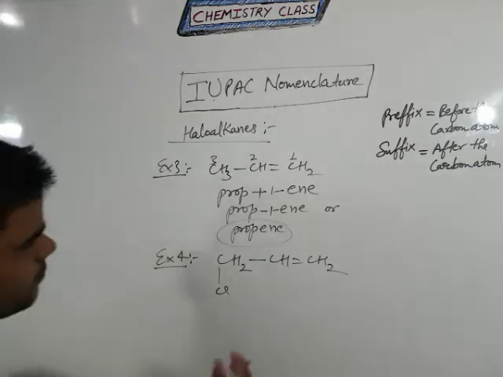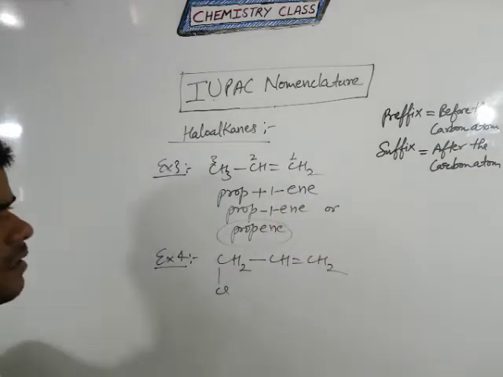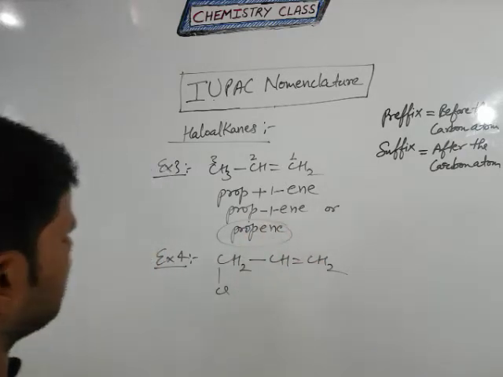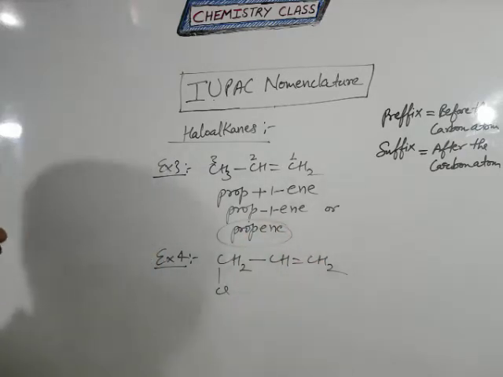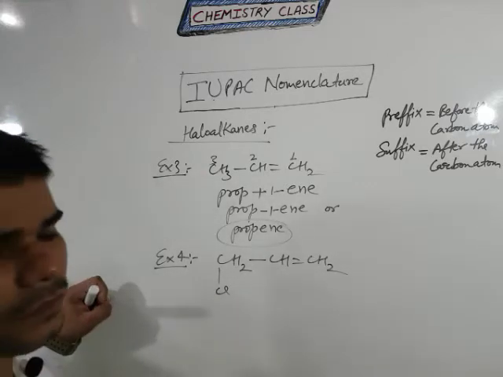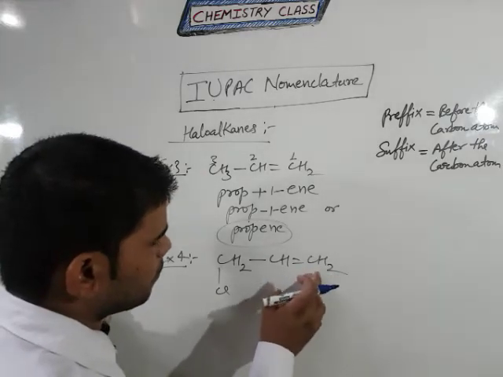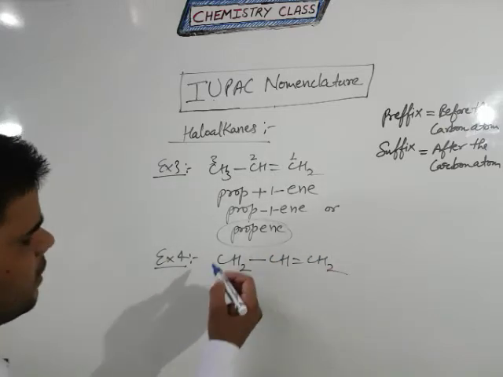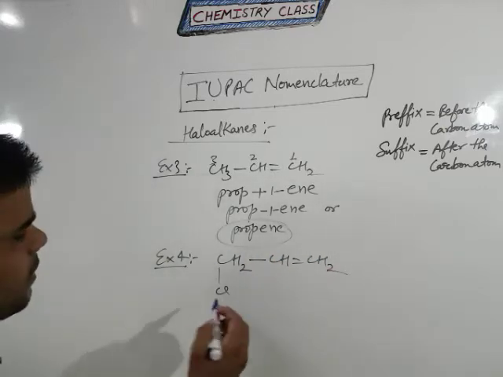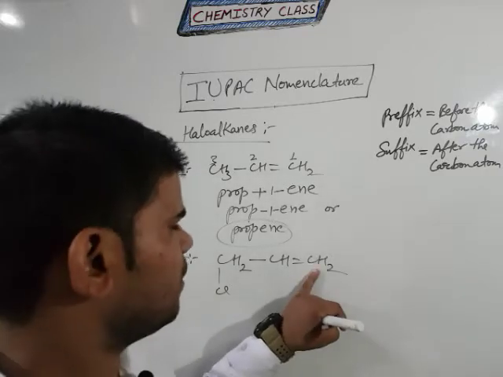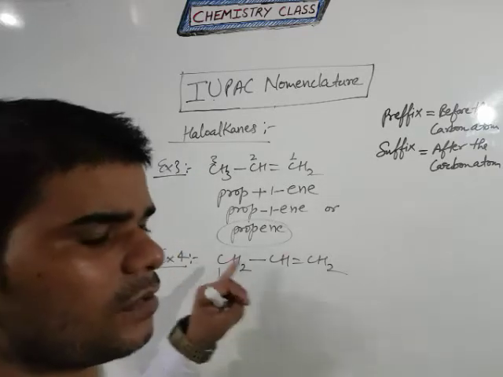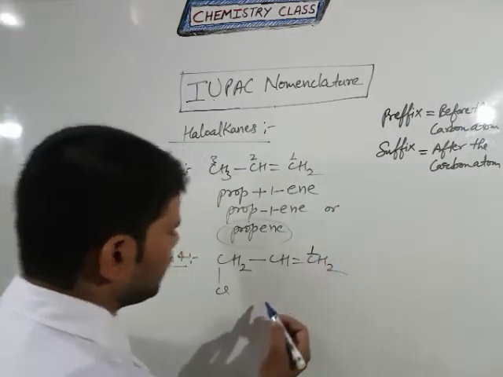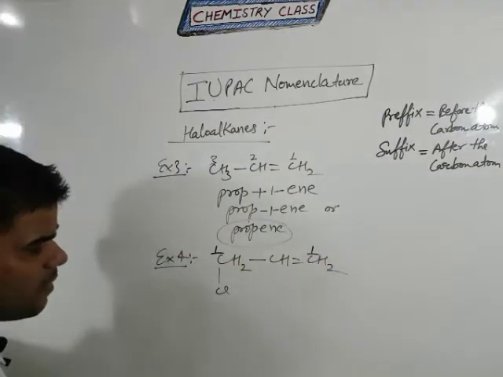But if the other position is there, you can't remove this number. Clear? Be remember. But in the case of example 4, you also write the counting from 1, 2, 3 and 4. So students, remember if the double bond and the first position are on the same position, like this is our first carbon atom, and if you are counting from this side it is also the first carbon atom.